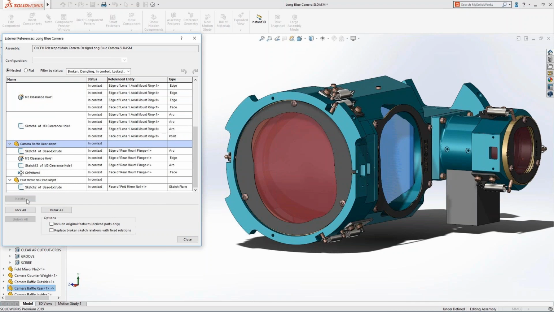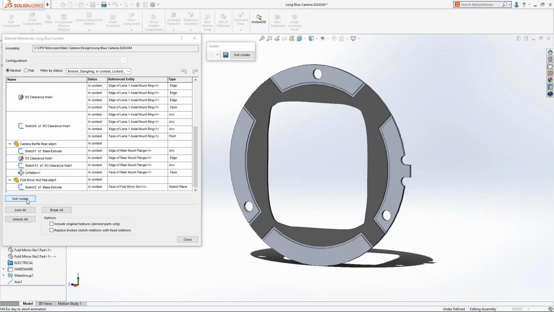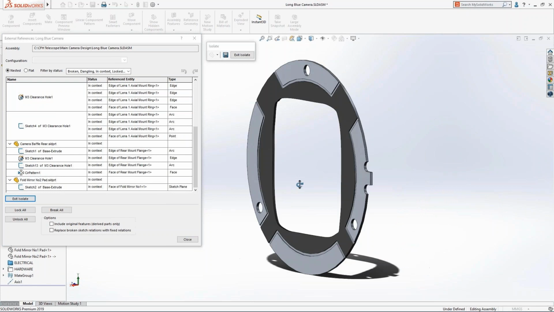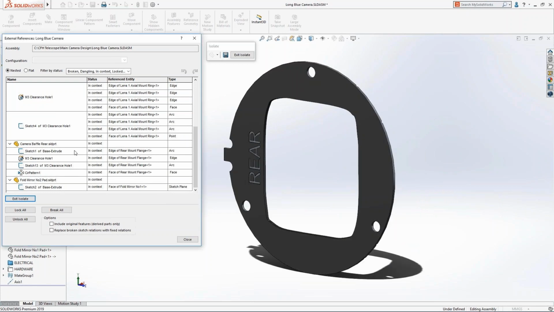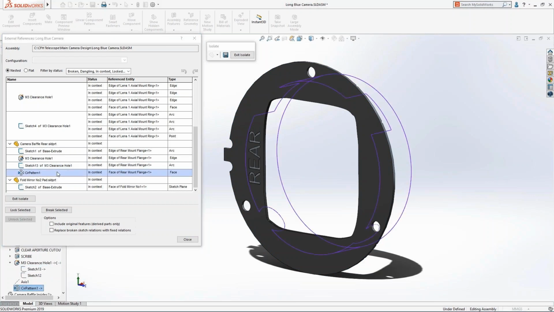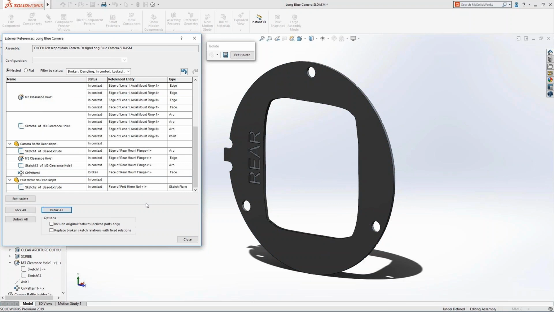You can use the isolate command. So if you wanted to say, hey, I'm going to work on this rear baffle plate, I need to find out what these external references are, you can isolate that and dig in. In this case, you can see that circular pattern is referencing something outside of what we have displayed on the screen. So we can break that one, just break that external reference, close that down, and then